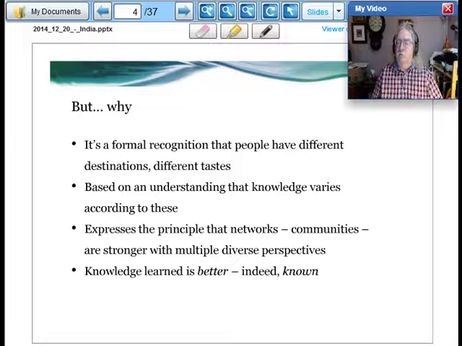And it's also a recognition that people's understanding and their knowledge actually varies depending on their perspective and their point of view. We can both look at the same thing and see two different things depending on our background and experience. And both perspectives are equally valid. This is not relativism. It's the recognition that if you look at the same object from two different perspectives, you're going to see it in two different ways.